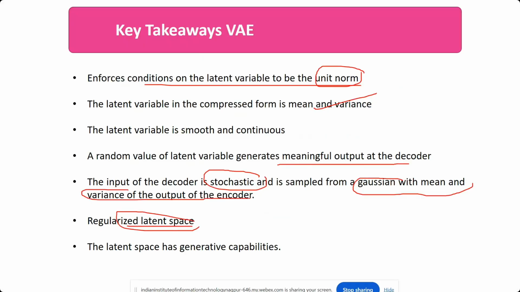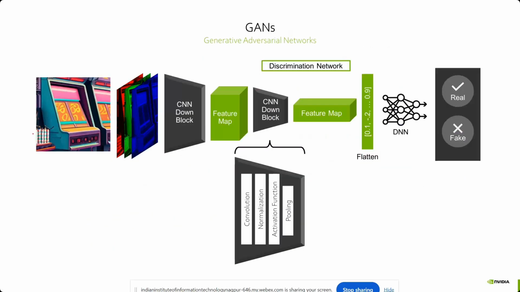So you don't have any random number there. You have some mu and sigma, and based on that you have a stochastic nature. So it is not compulsorily a deterministic value. You cannot determine it. There is a distribution. From that distribution, you are taking the stochastic data, and the latent space has a generative capability because there is less overlapping. So now, again, people have come up with the GAN in 2014.